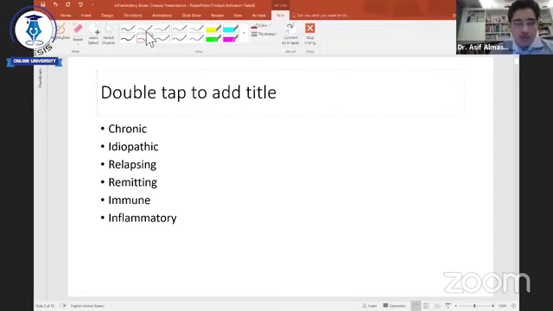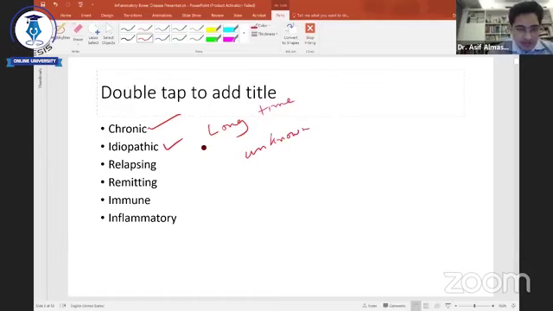We have already discussed ulcerative colitis and Crohn's disease. They have quite similar characteristics. They are chronic, that means they are long-lasting. They will take a long time, maybe 1 year, 2 years, maybe 10 years. They will not go away with a single medication. A long-term medication is necessary. Idiopathic, that is, the causes are unknown. Relapsing, what do you mean by relapsing? What do you mean by remitting?